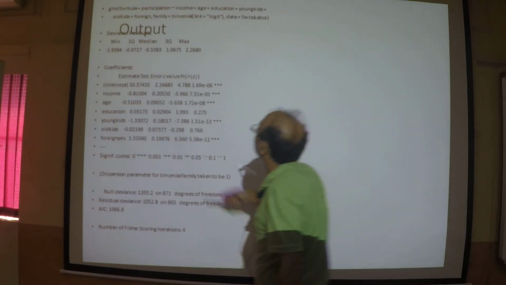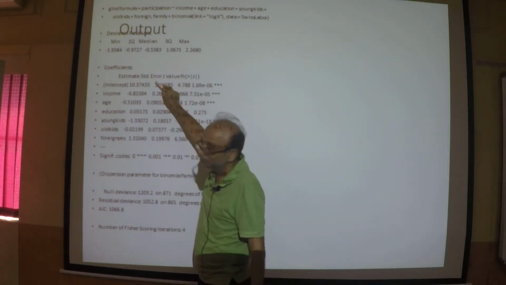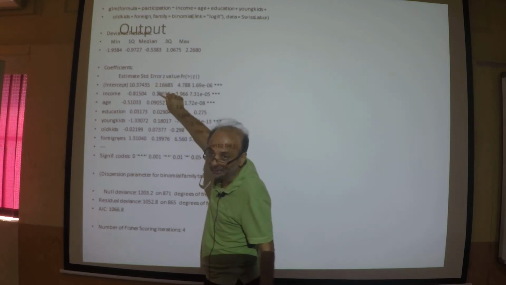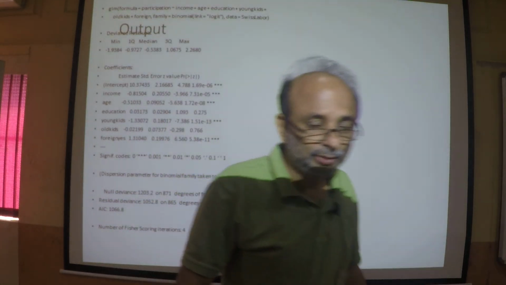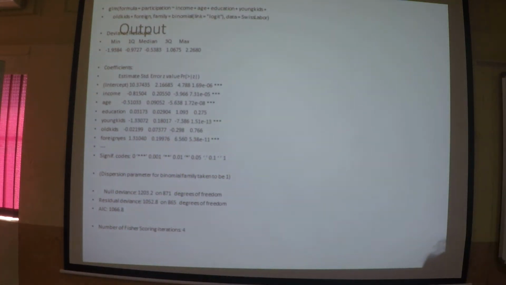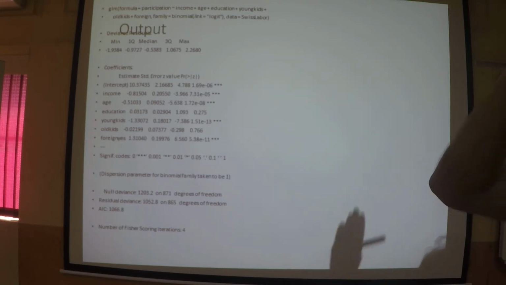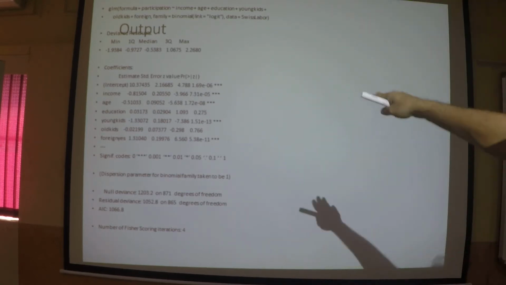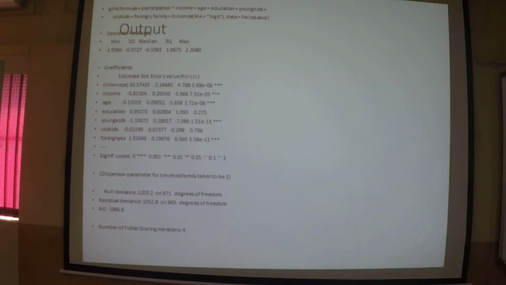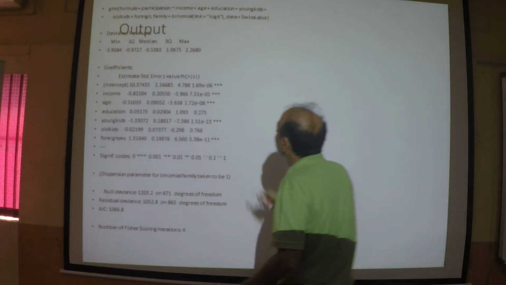Now remember, here you do not have the t values like you had there. You had the standard errors, these are the standard errors, and these are the z values. Why are they the z values? Standard normal, because we have used the central limit theorem. If you remember, we did the Fisher information and we used the central limit theorem, which is root n (theta hat minus theta) is normally distributed with mean 0 and variance I theta inverse, and you take the coefficients from the I theta inverse. Why? Because we are not sure if the error term is normally distributed or not. So the t values don't really work. So these are the standard normals, and these are the p values from the standard normals.